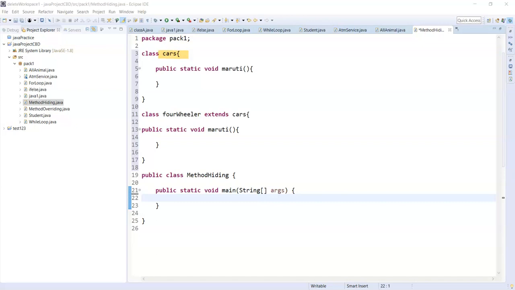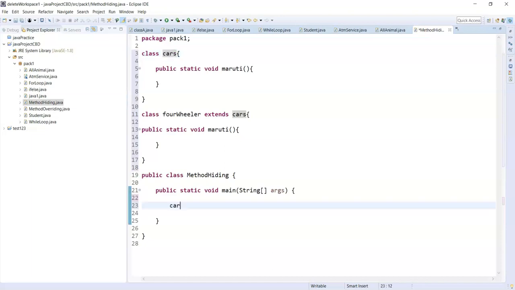So method resolution in method hiding takes place based on object reference type, that is at compile time. Now let me create an object of this class with a reference of the same class, that is Cars. Let's say Cars a is equal to new Cars,